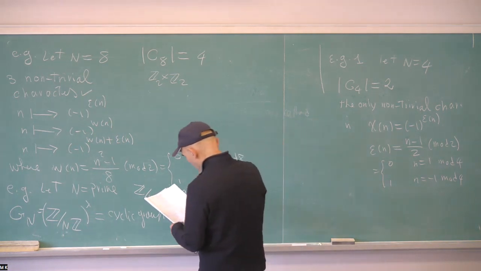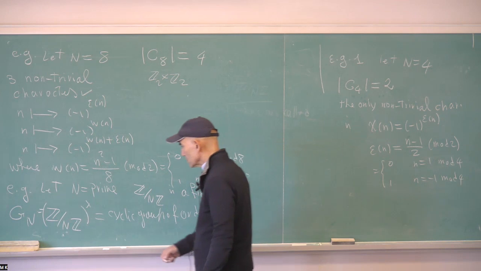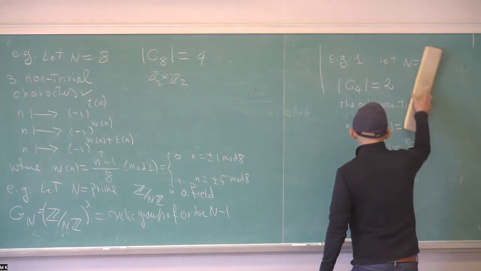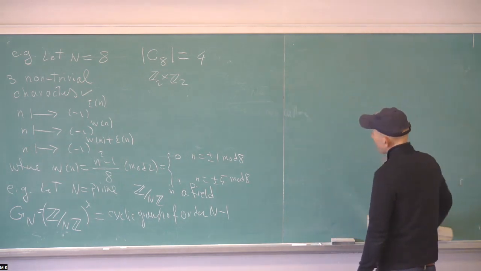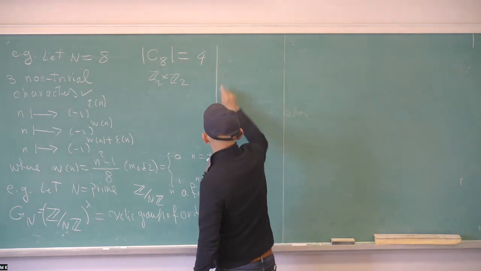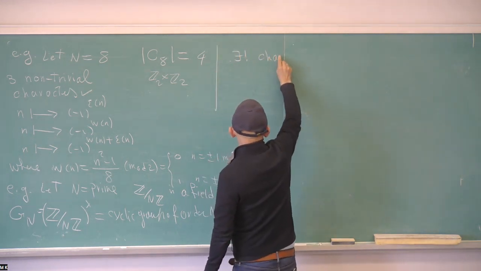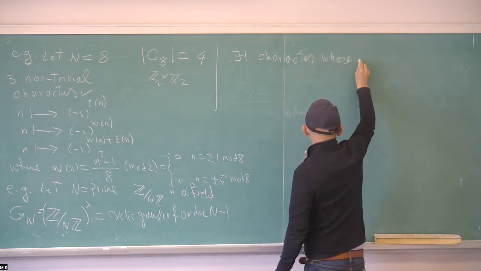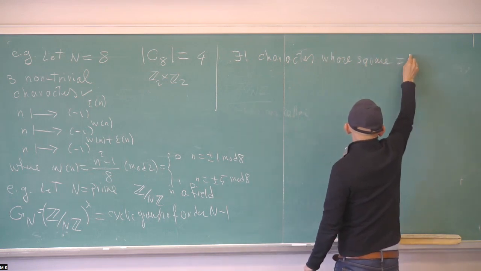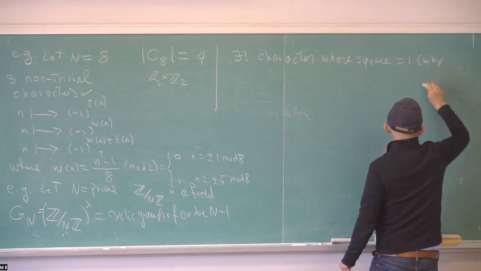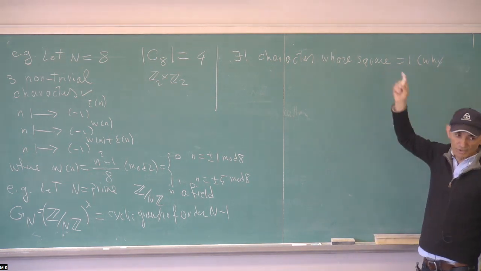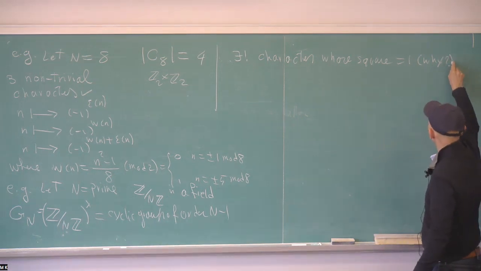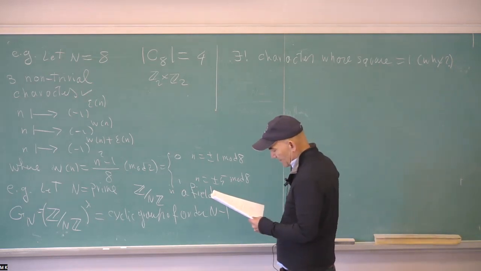So let me write it down. This character is very important in number theory. And so there exists a unique character whose square is 1. So there's a question in your assignments. I ask you to prove this. Again, this is quite elementary, but it's good to try to prove it. So I just ask why. I'm saying it's not totally obvious. It's given by